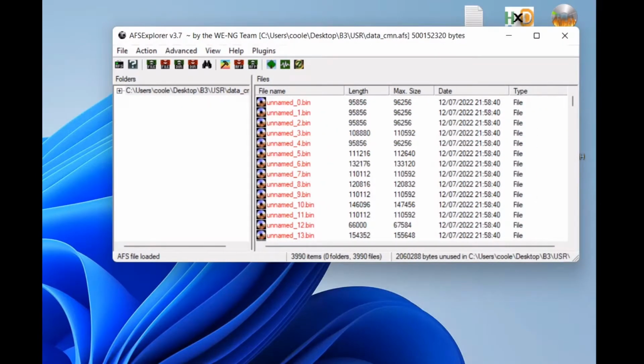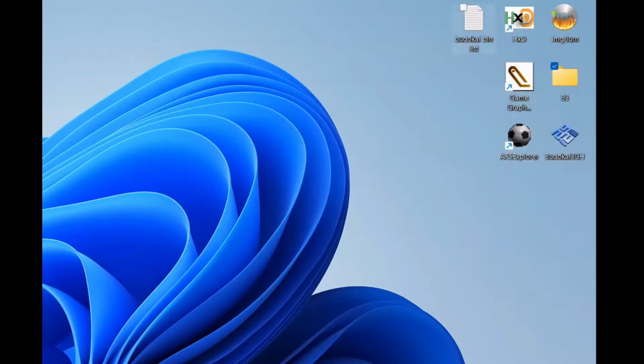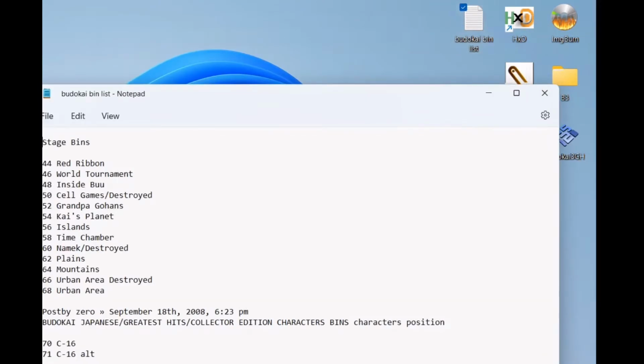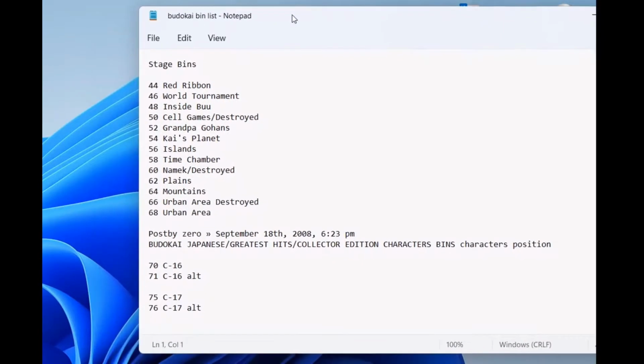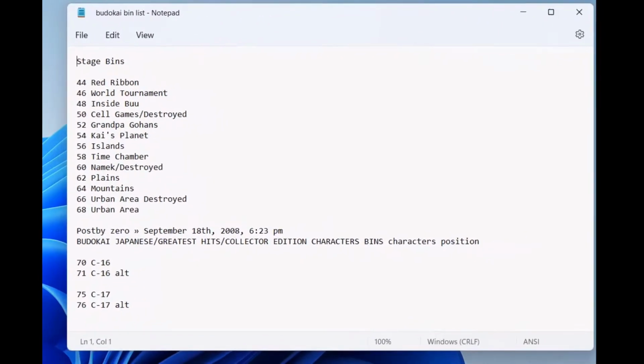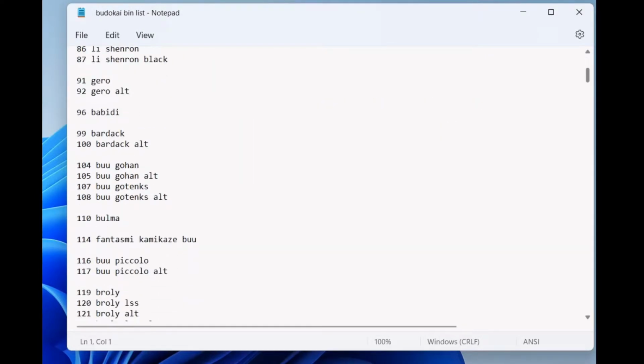Alright, so when you open this, the first thing you will notice is it's going to say unnamed 0 all the way to 3,989. Now, obviously none of this is labeled, and we have to figure out what is what. So this is where you will need the Budokai bin list, which was luckily made by other people within the Discord server. Now what we're going to do is scroll down and find Super Saiyan 4 Gogeta, which,